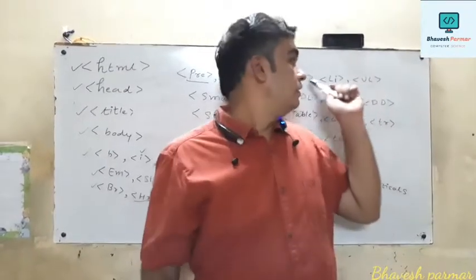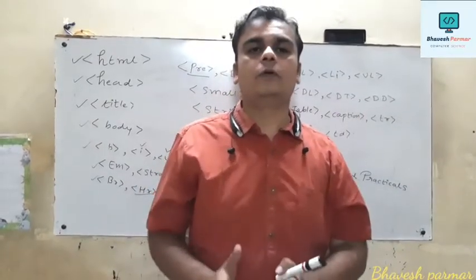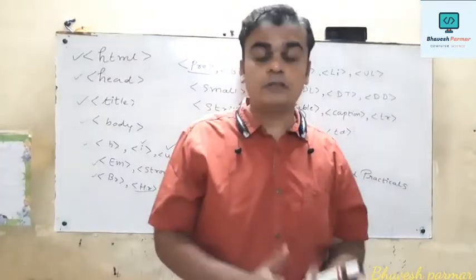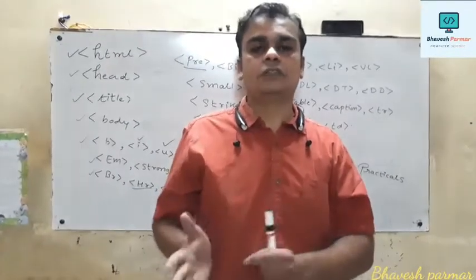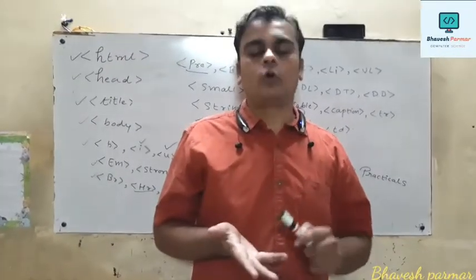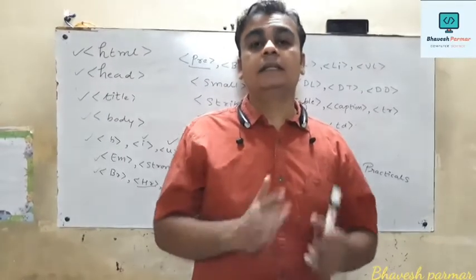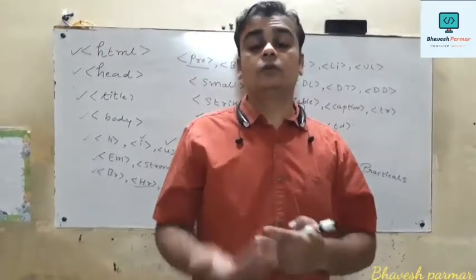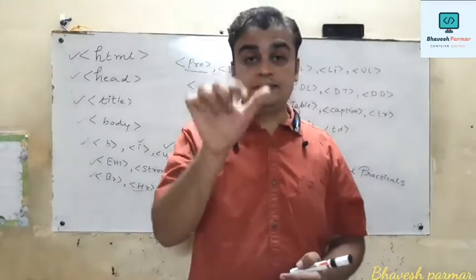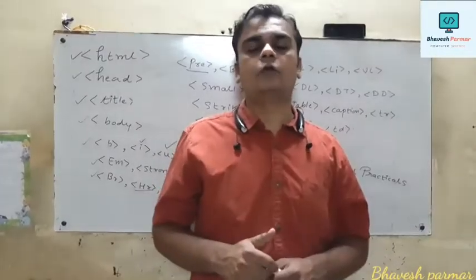So when an ordered list is used in the program, the sequence of data is important. In that case I use the type attribute, and that type attribute consists of 1 2 3 4 Roman numerals, 1 2 3 4 numbers, then alphabets, that is small a, capital A. So it helps to display the sequence of the list in our output.